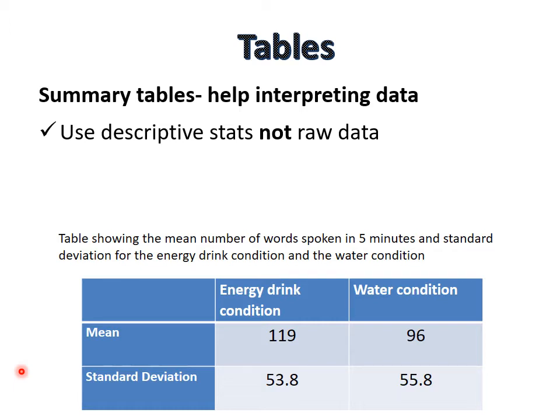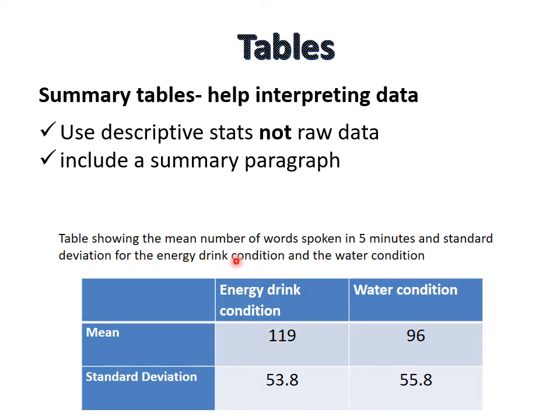They always go in the appendix when you do a study. In the actual report itself, you would use a summary table just showing your main descriptive statistics. It would always come with a summary paragraph to explain what the table shows. So, for example, in this case,